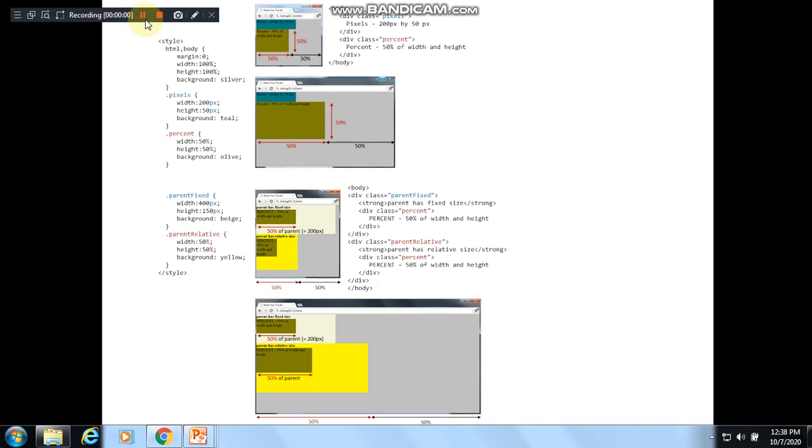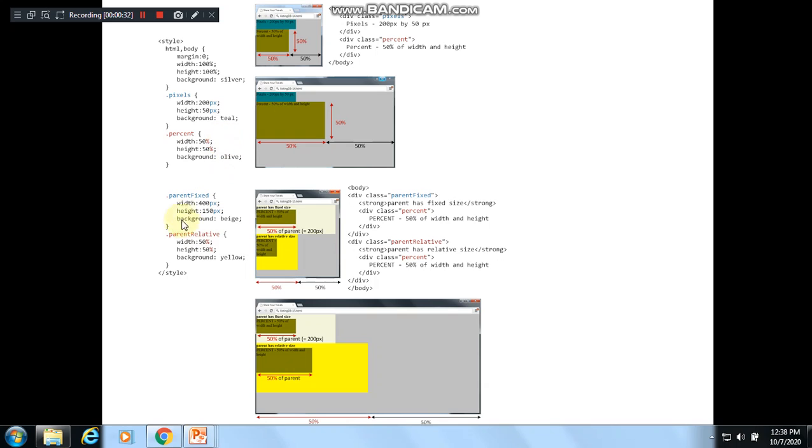Hello students, let me explain specifying width and height in terms of percentage, which is the continuation of the previous lecture. In terms of percentages, I was discussing this particular example. We have specified the parent element's size in terms of pixels, whereas its inner element, the child element, is specified with a percentage. So 50% of that it has to appear.